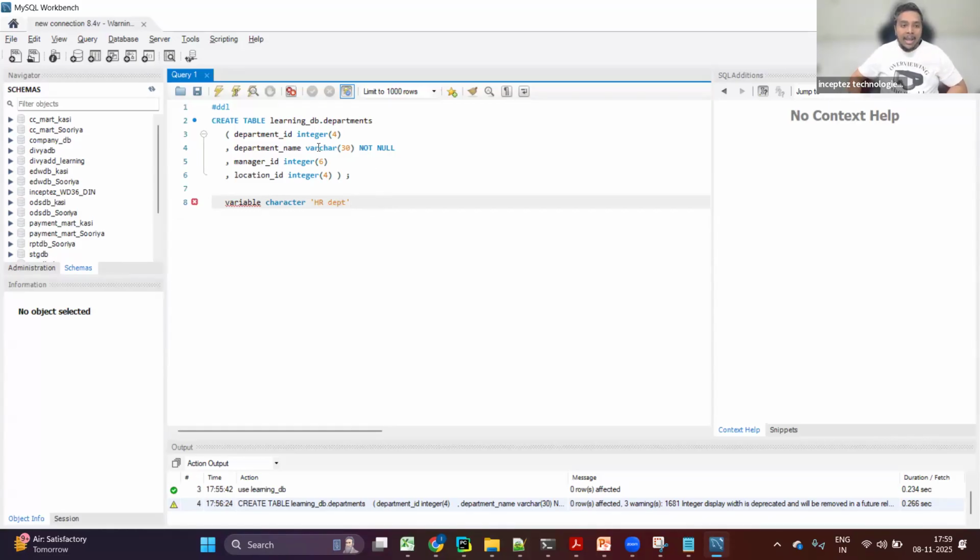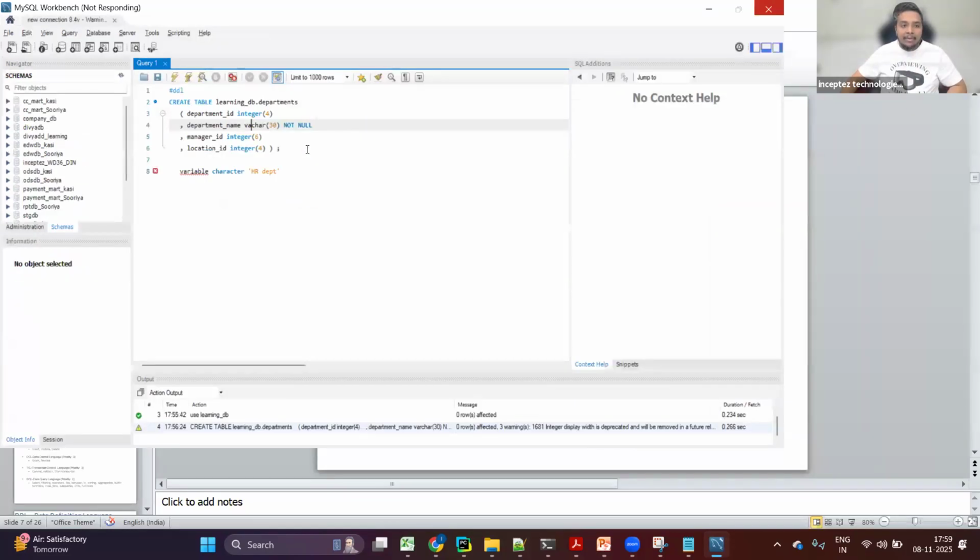If I give the char data type rather, it's a very simple concept I'm just bringing out. You guys have to know this. If I mention char rather than varchar,